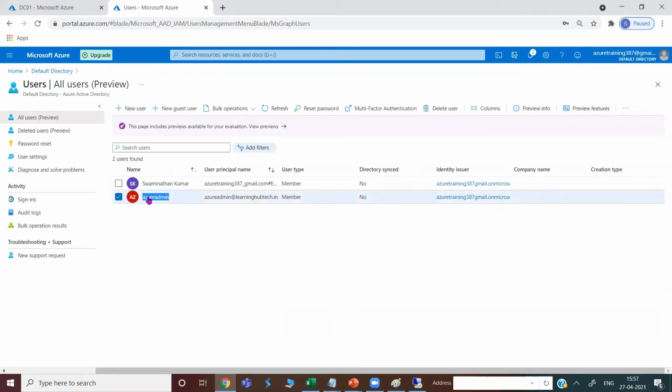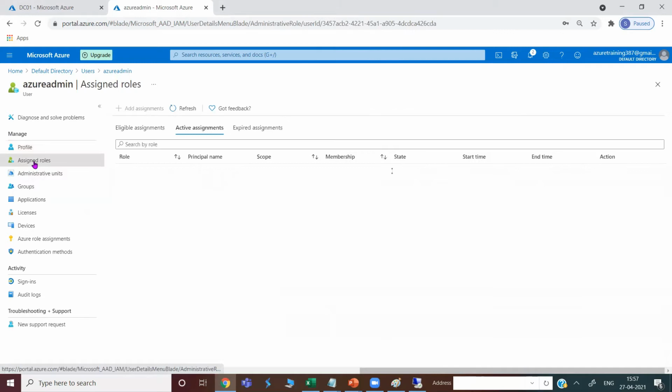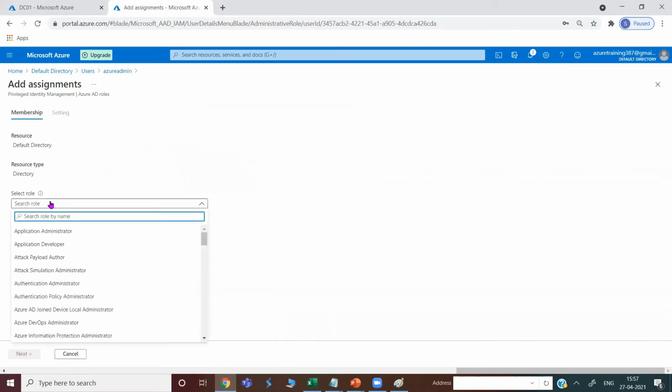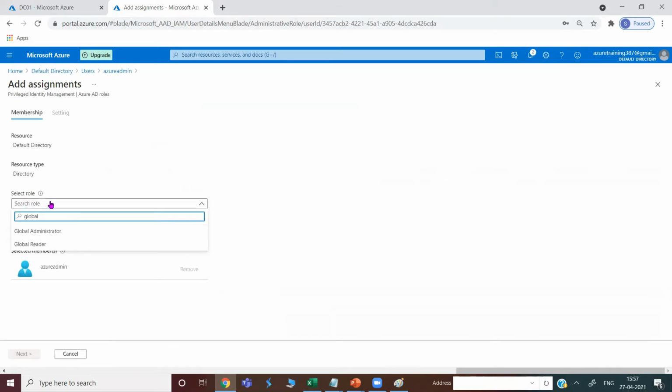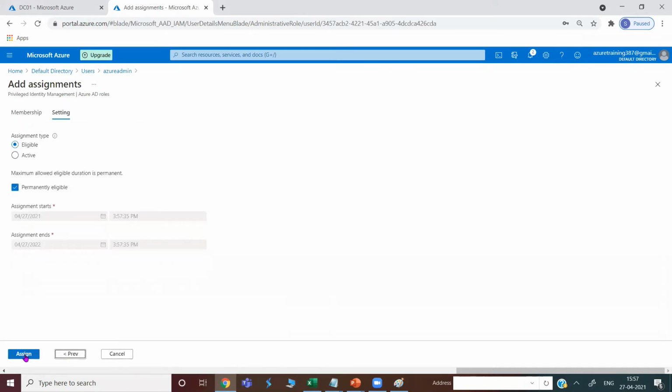And here if you open this one, you can go to assigned role and then click on add assignment. So here you can select the role. So the role is global administrator. Select this, go to next and assign.